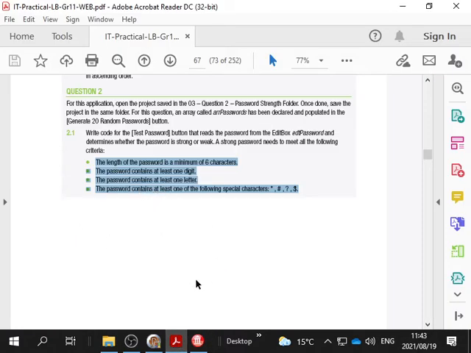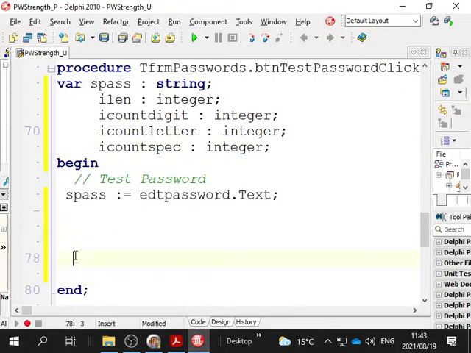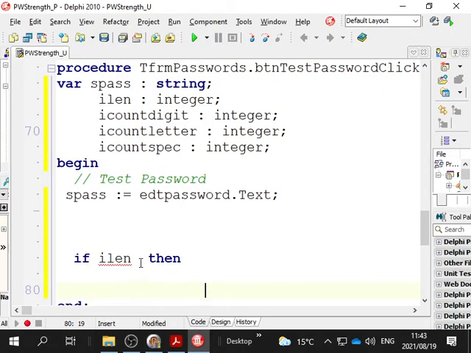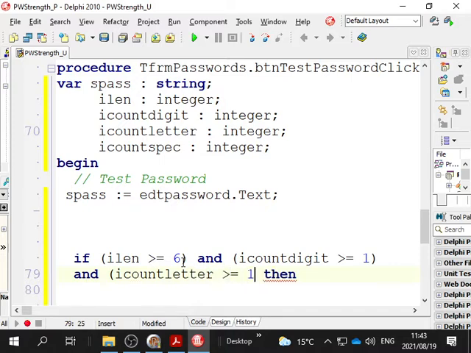So guess what I'm going to do? Before I even write my code, I'm going to write my result here. I'm going to say if rlen, now what must rlen be? Minimum of 6, so it must be greater than or equal to 6. I'm writing out the condition right over here. And rcount digit must be greater than or equal to 1. And rcount letter must be greater than or equal to 1. And